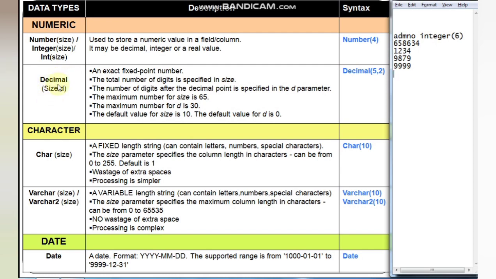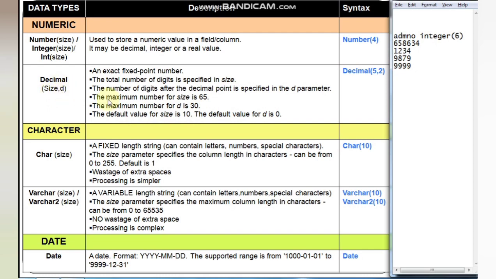It is the total number of digits in the integral part and the decimal part. The integral part is before the decimal point, and the decimal part is after that point. The maximum number for D is 30 and the default value for size is 10.